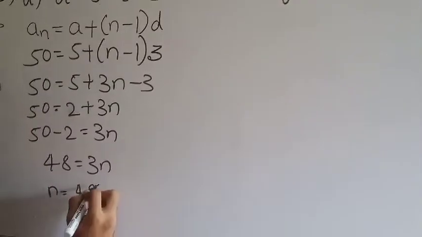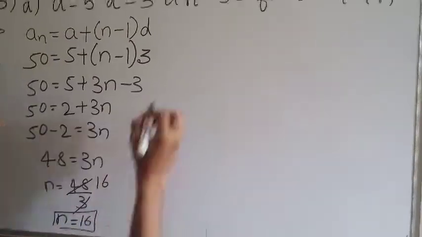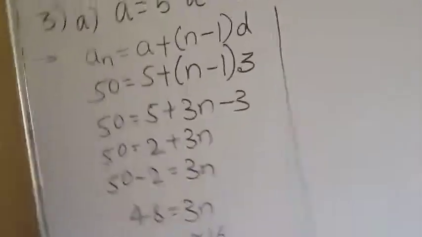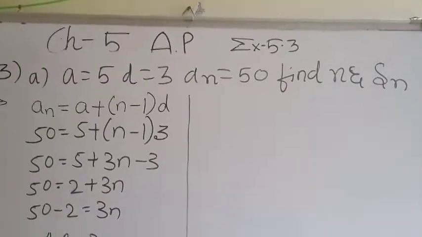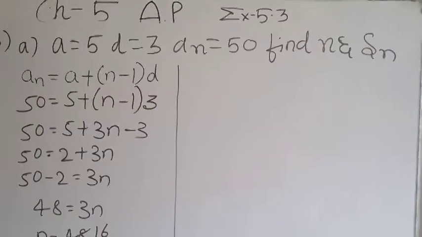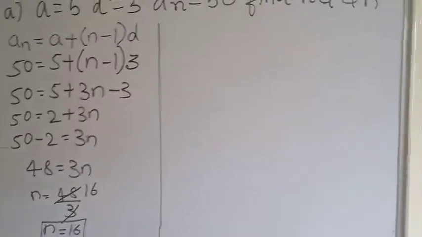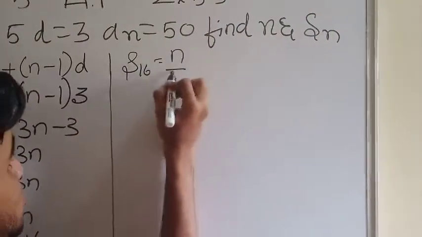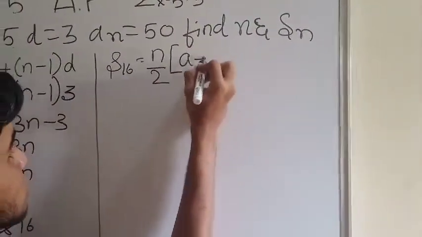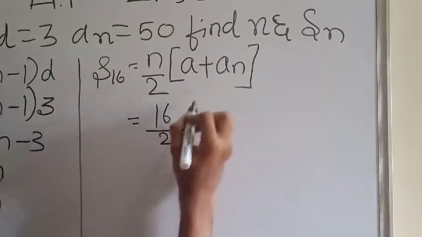And how much did we get for the value of n? n equals 16. Just go through the problem once again. See there, how did you get the value of n? In this AP, they are not given the AP. They are given the values A, D and AN. We have to find out N and SN. Okay, n equals 16 we got there. Now S16 we have to find out. S16 equals n by 2. This formula we have to use. An is there, so we can use this method directly.